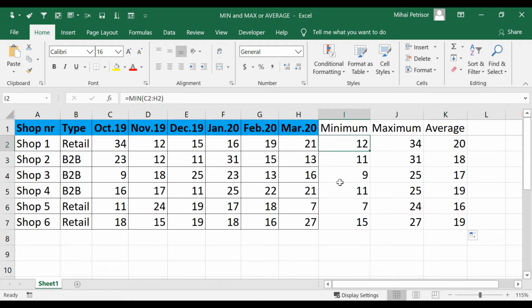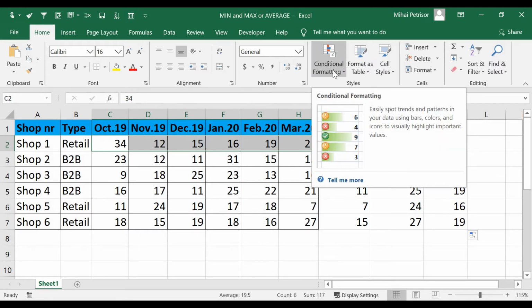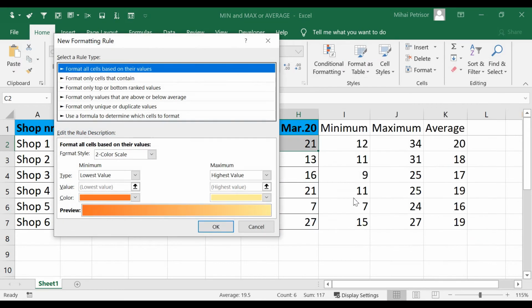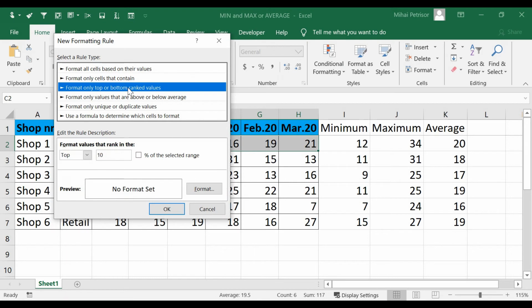Now, to be more readable and easy to find, in case we have many columns, I will show you how to color the minimum value and the maximum value. For this, we will select our range for shop number 1, go to the Home tab, top right, click Conditional Formatting, New Rule, and on the third we